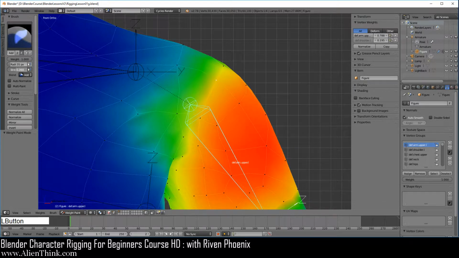So if you put the strength all the way to 1, basically it's just going to take this value and add it to this vertex, right? So if we click over here and push this all the way to 0, you have this on 1 and click it, you'll notice that over here is starting to go to 1, right? Now go ahead and push this all the way to 0. Now if you move the strength to, let's say, around 5, then of course it will be just half, right? See that it's just half.